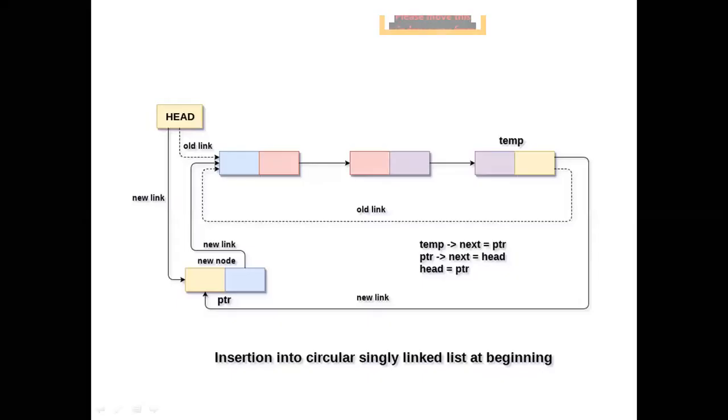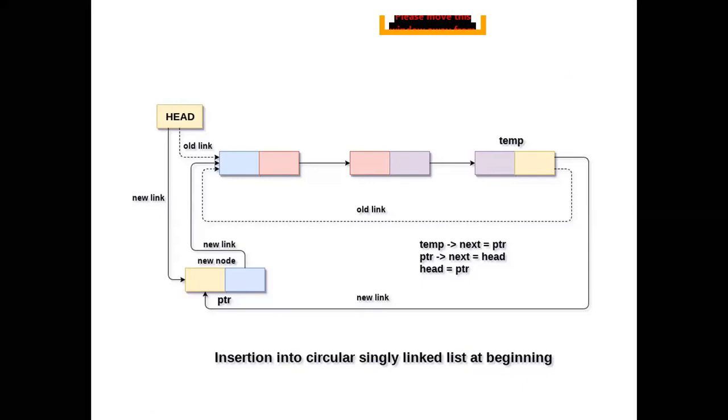So this is about circular linked list. As usual, like single linked list, here also we have a number of operations. One is insertion in the beginning. If you take the insertion operation, deletion operation, traverse operation, or display operation. When you are going to take the insertion operation, there are three ways we can insert the node in a circular linked list.